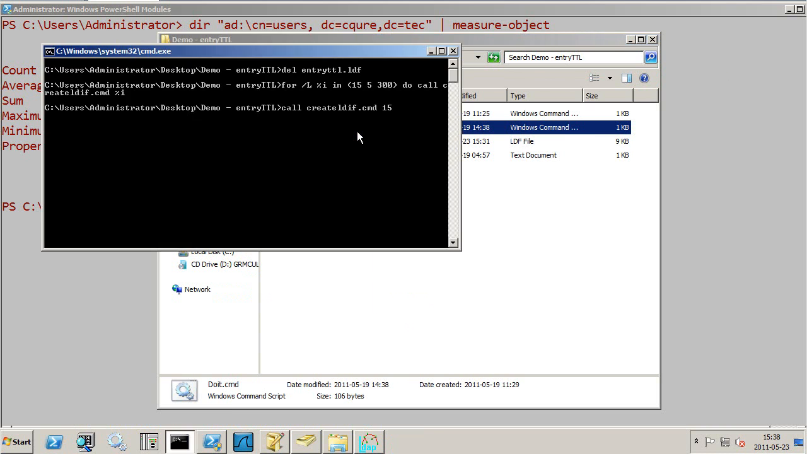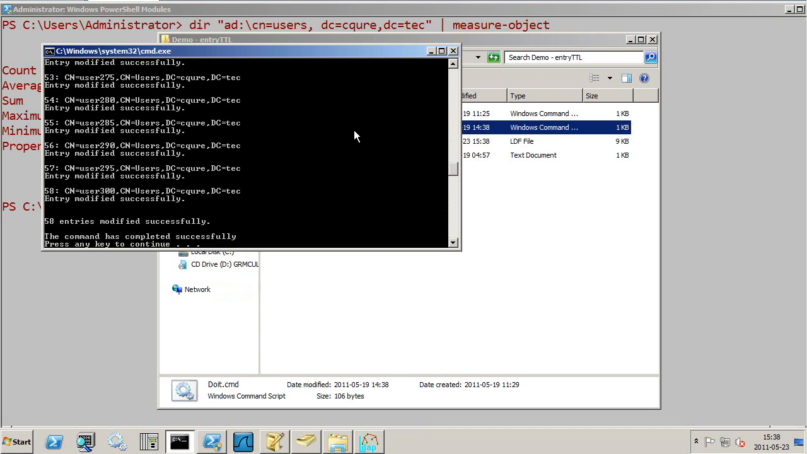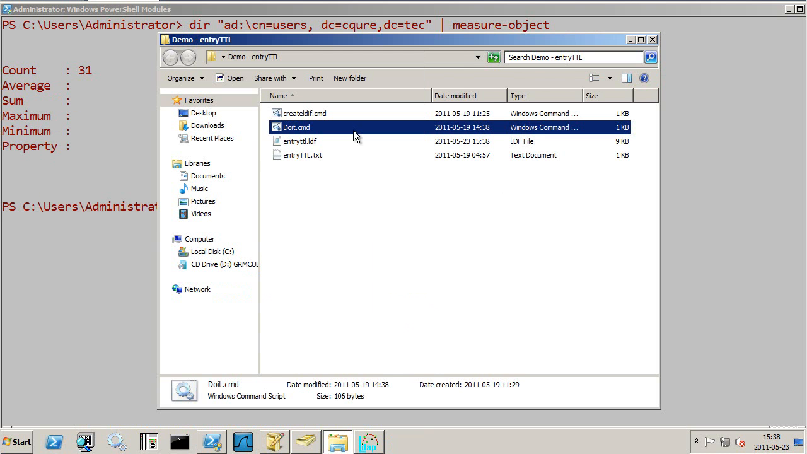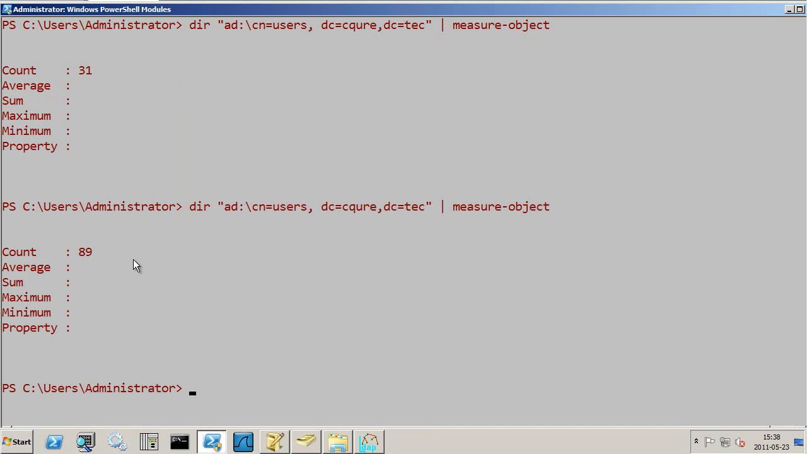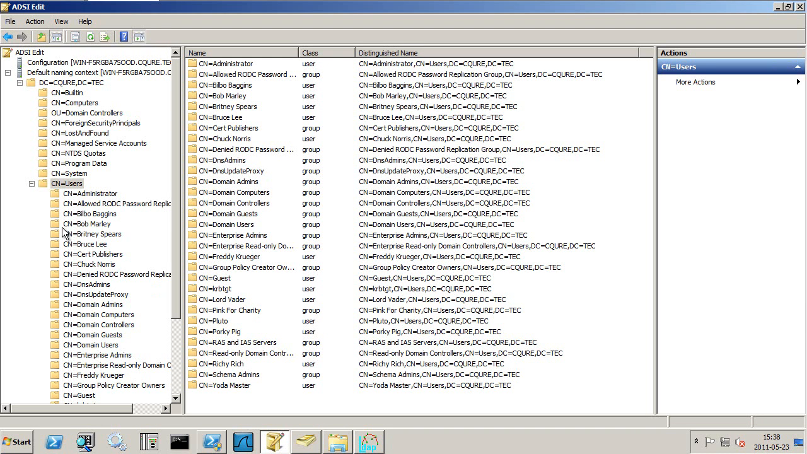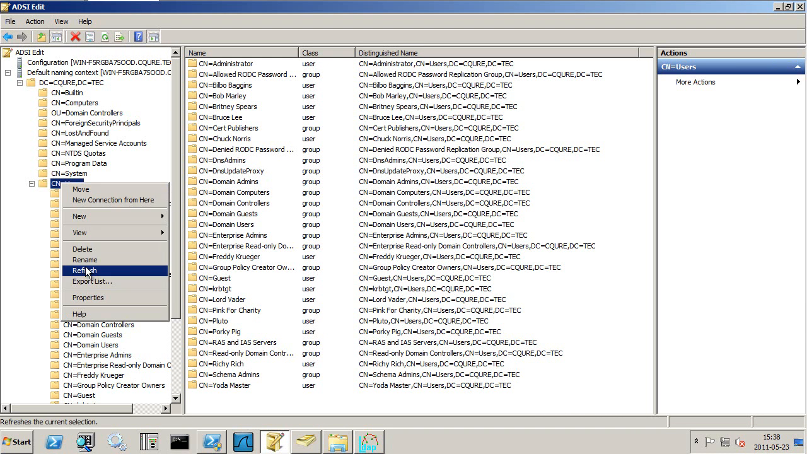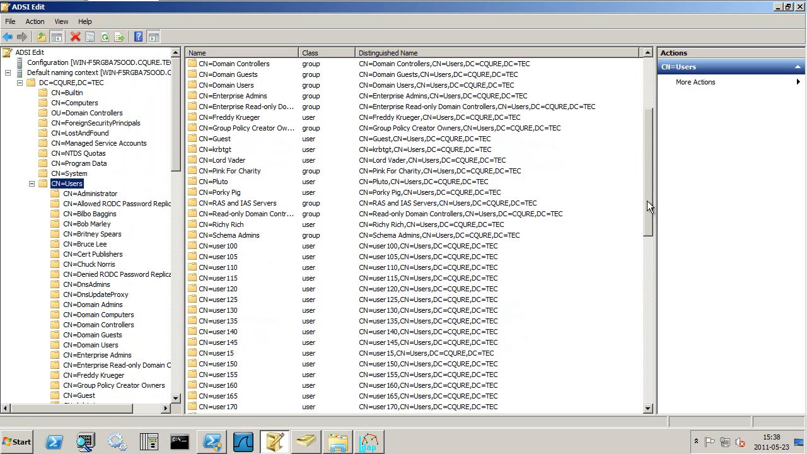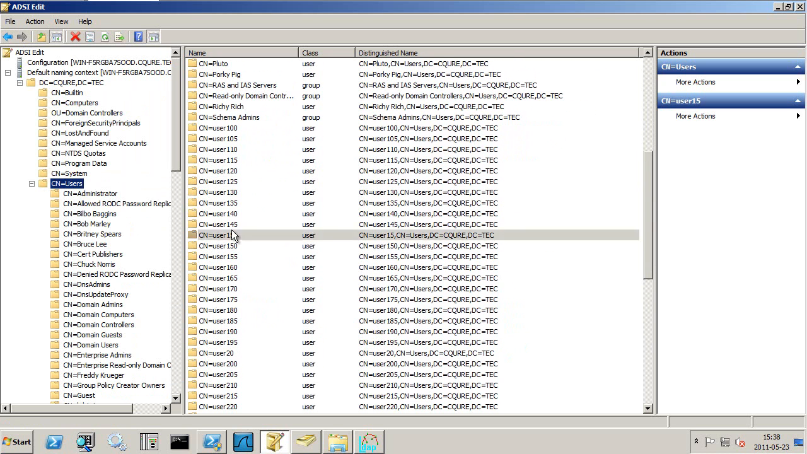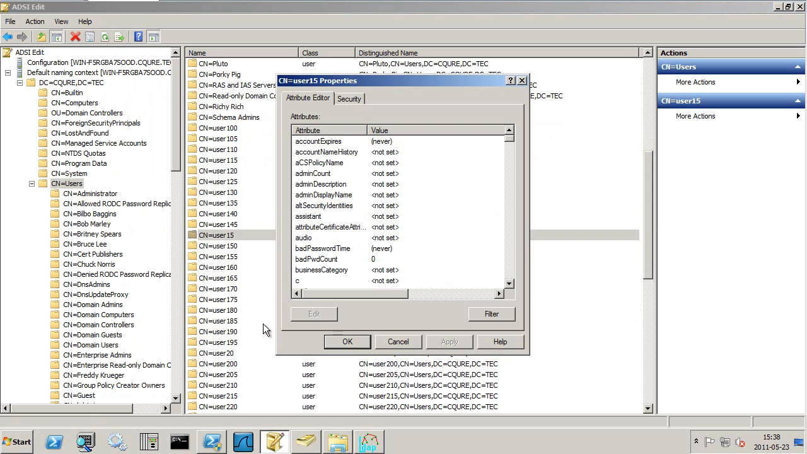So let's execute the script. Here we go. And when we measure the user number, here you've got 89. So users were created. Let's reverse the view in Edit console, and here are the users. So when we click properties of the user, you can see EntryTTL is 0 because